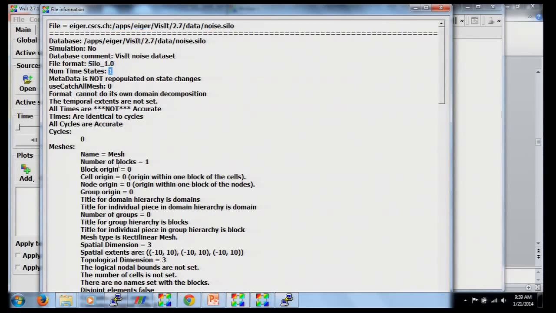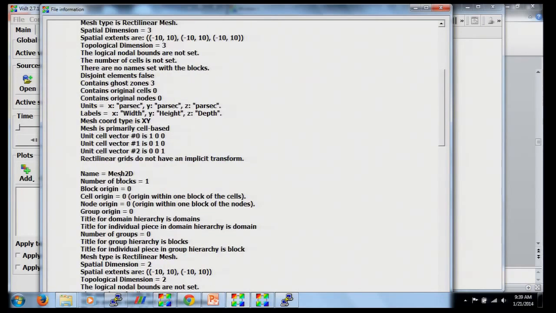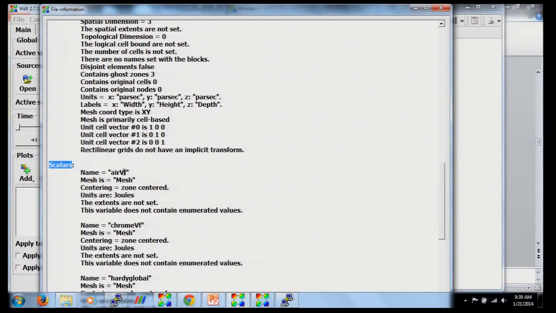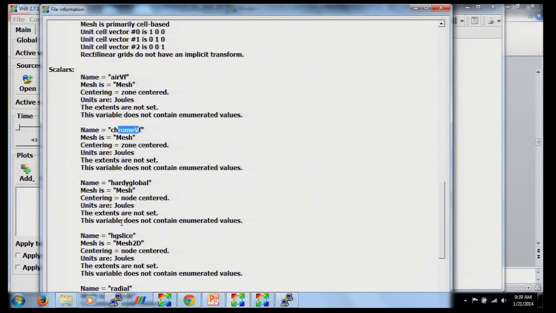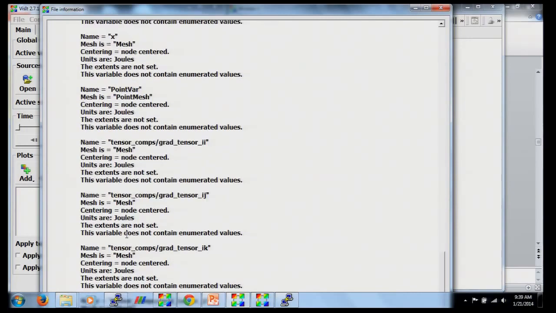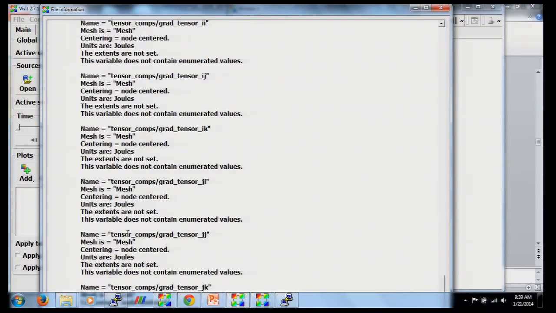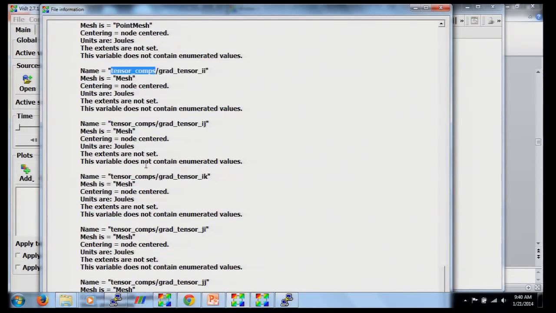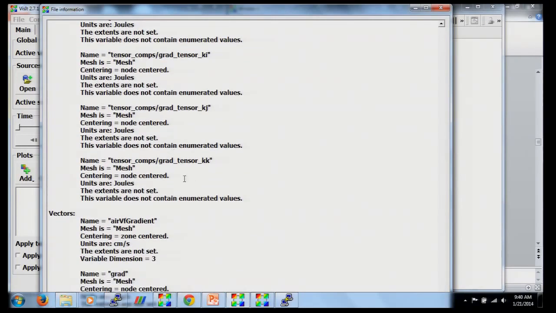It has one time step. It has one mesh called mesh. It has another mesh, which is a two-dimensional mesh called mesh 2D. It has a point mesh, it has scalar fields. One of them is the air volume fraction, the other one is the chrome volume fraction, et cetera. So it's there. And by the way, in addition to the variables that are stored in the file, I already have some expressions which are predefined. Here, for example, I have the tensor components. So a tensor, this is the 3x3 matrix of the gradient of the velocity vector. And those are automatically defined for me by the VisIt software. I have a couple of fields